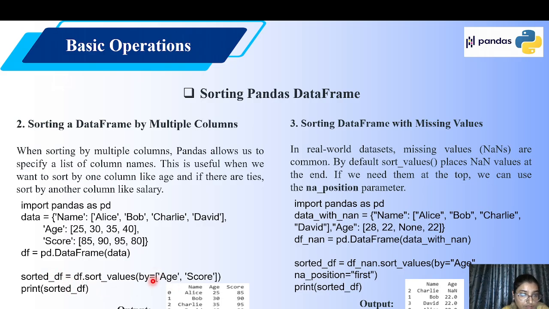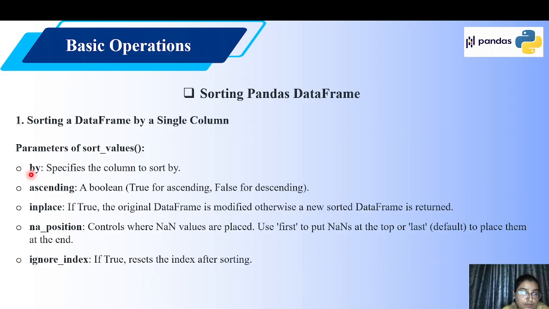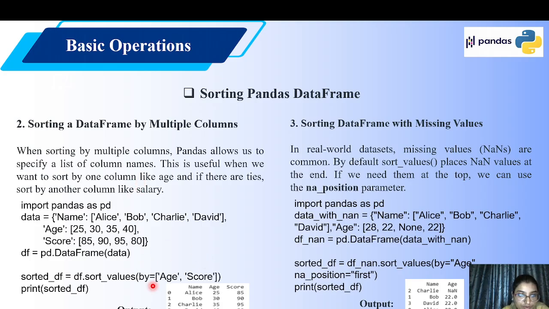Here, by specifies the column to sort by. So we have used the by parameter, and we give the column names age and score, and then we print this. You can see here you will get age and score,